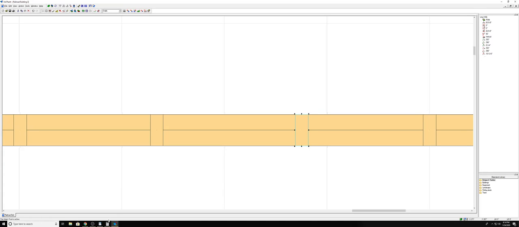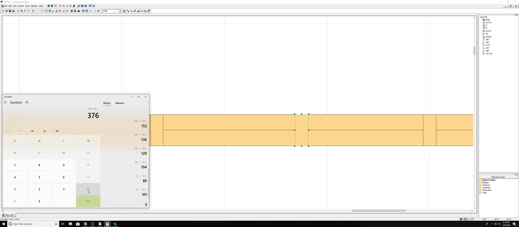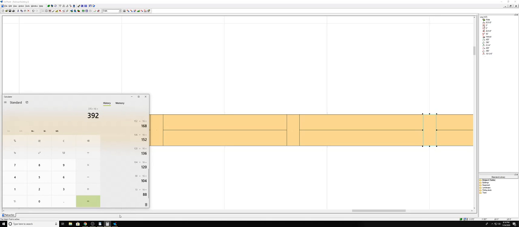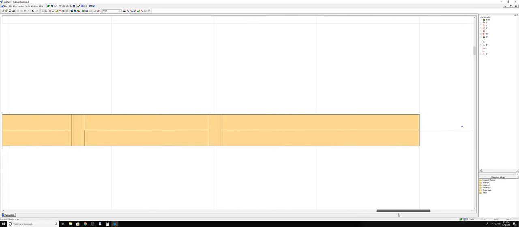That should be at 390. 392. We're too far. Yeah, 392. So we're 1 inch too far to the right, so we got to move it back to the left 1 inch, just like that. Sweet. And then 408. 408. Sweet. All right, so now